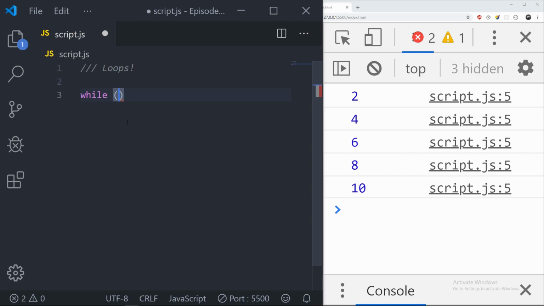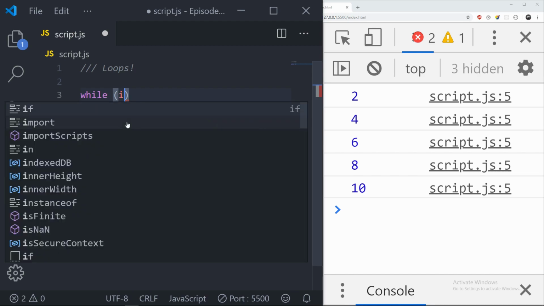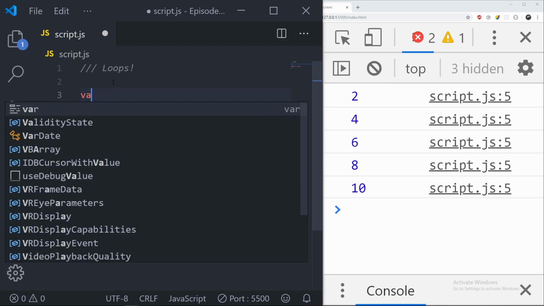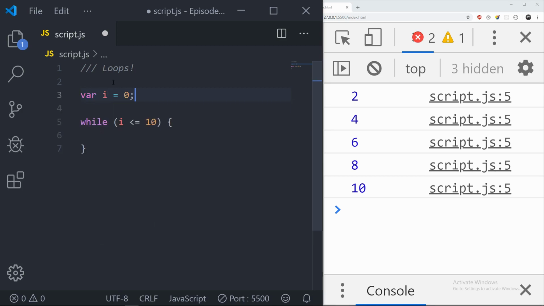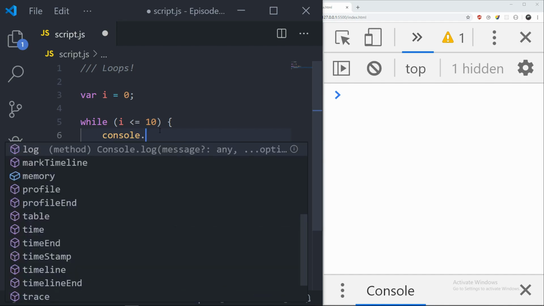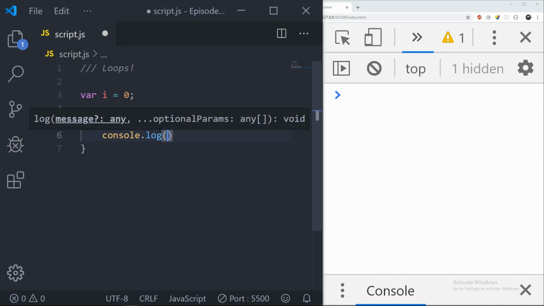So let's say i is less or equal to 10, and that's it. Then we have curly braces, and let's declare this i here, var i is equal to 0. So we have a variable i, and until that variable is less or equal to 10, we want the console.log i. Right? But if I save this,